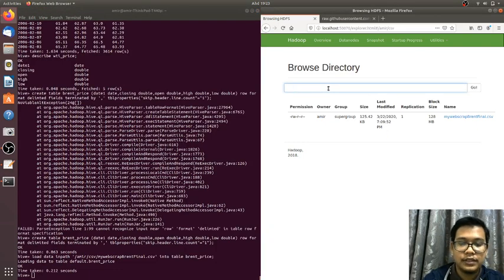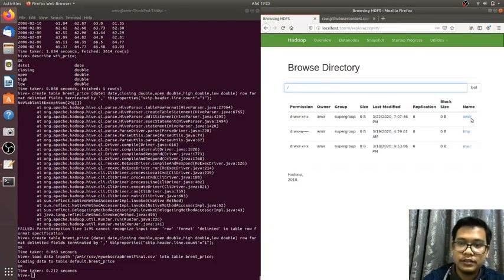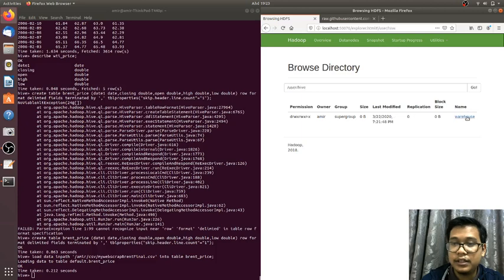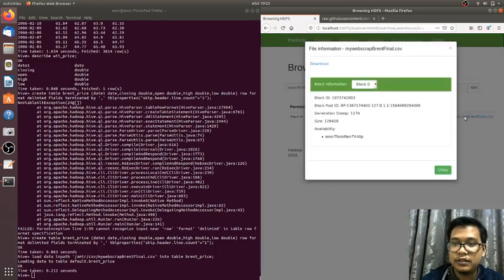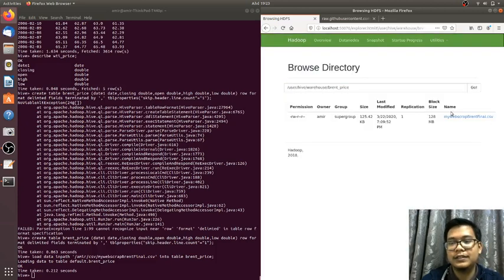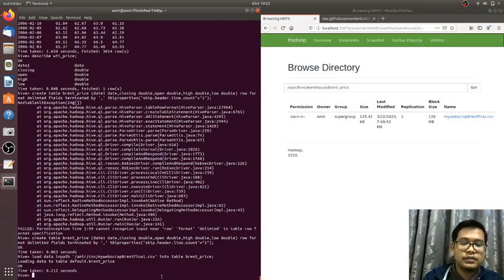So hopefully we can see it in this distributed file in the directory user Hive warehouse, and voila, my web scrap brand final.csv. So again, we just do a simple query like select all from table name Brent price,